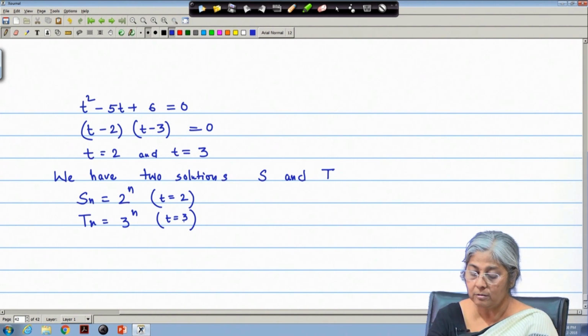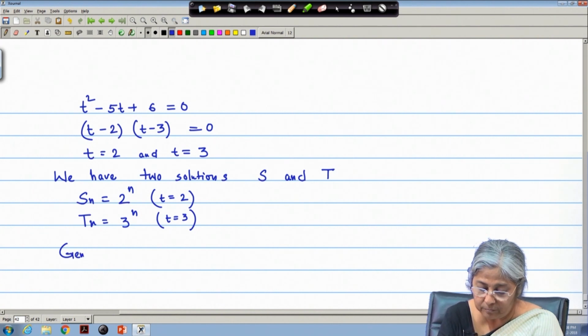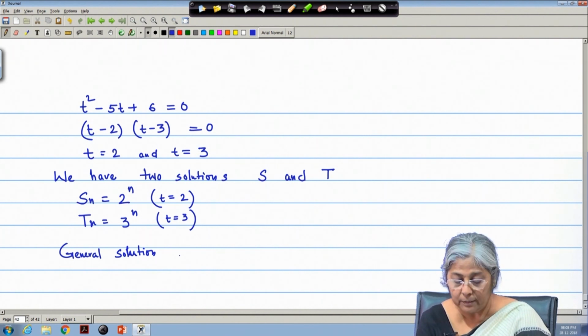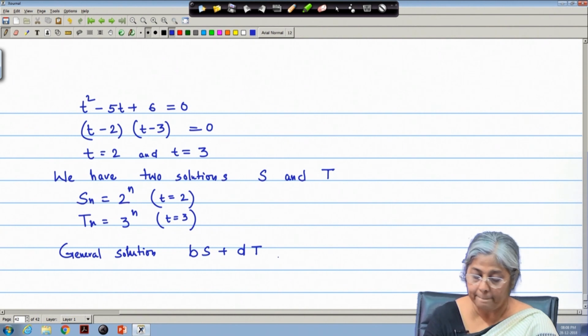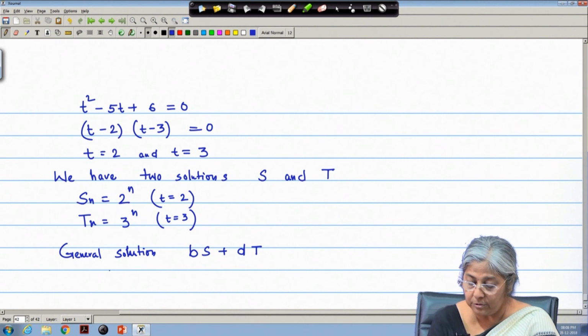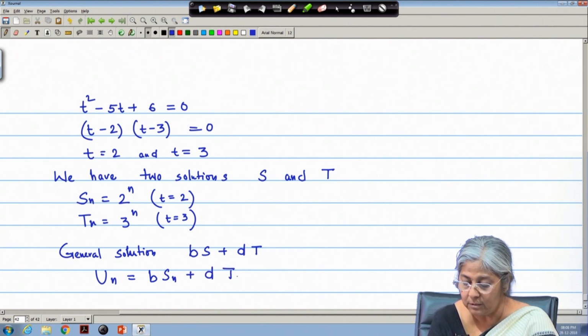So, the general solution form is Bs plus dt. So, I can write the solution Un equal to B Sn plus d Tn,